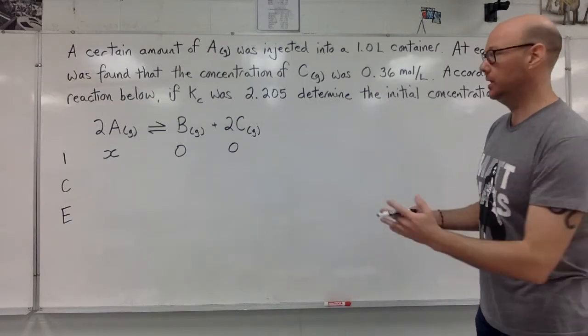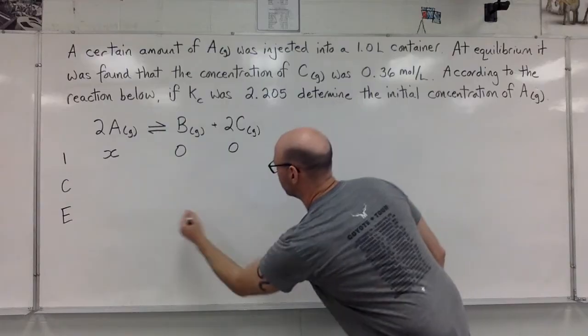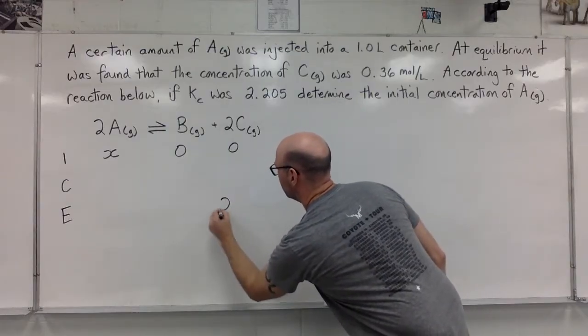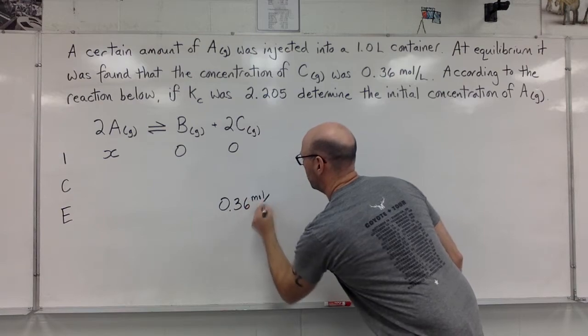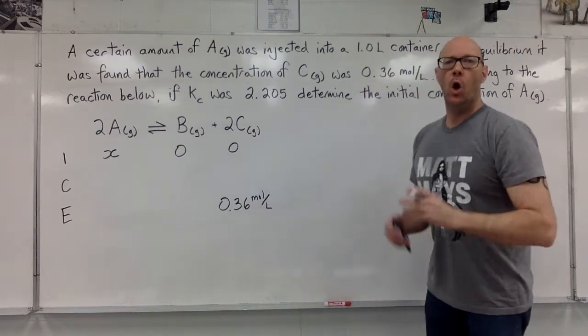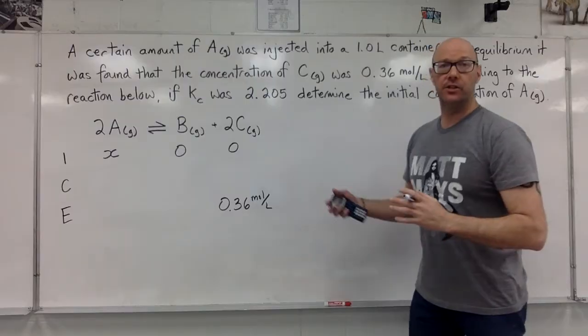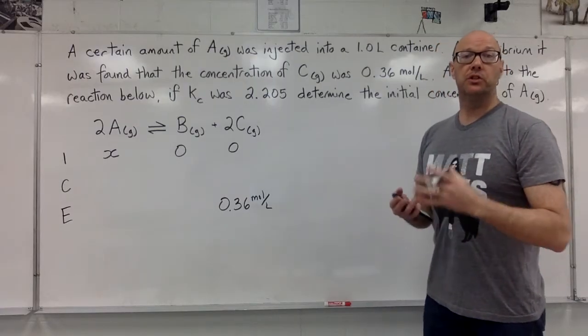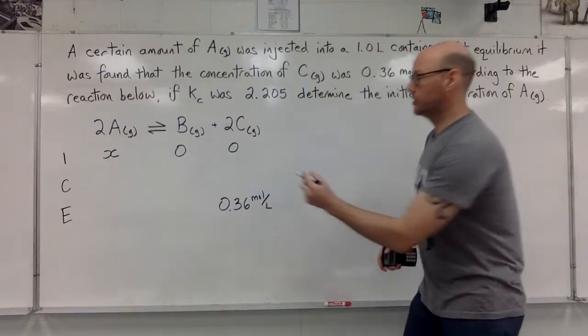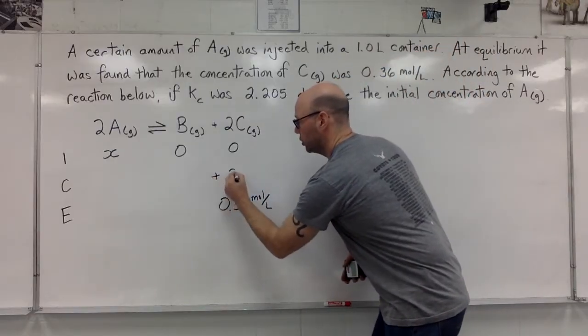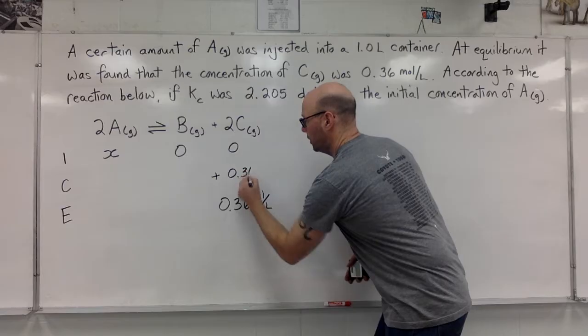It's chemical C. Goes right here in the icebox. E for chemical C, 0.36 moles per liter. We can tell that if it started at 0, the chemical must have experienced positive change, or it went from 0 up to 0.36. That's a positive change of 0.36